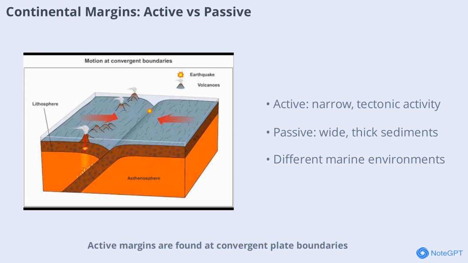Active margins are found at convergent plate boundaries, where subduction zones create narrow, tectonically active regions with less sediment. Passive margins, in contrast, are located within plates far from active boundaries. These regions are wider, experience less tectonic activity, and often accumulate thick layers of sediment. Understanding the differences between active and passive margins is important for interpreting ocean floor features and the distribution of marine